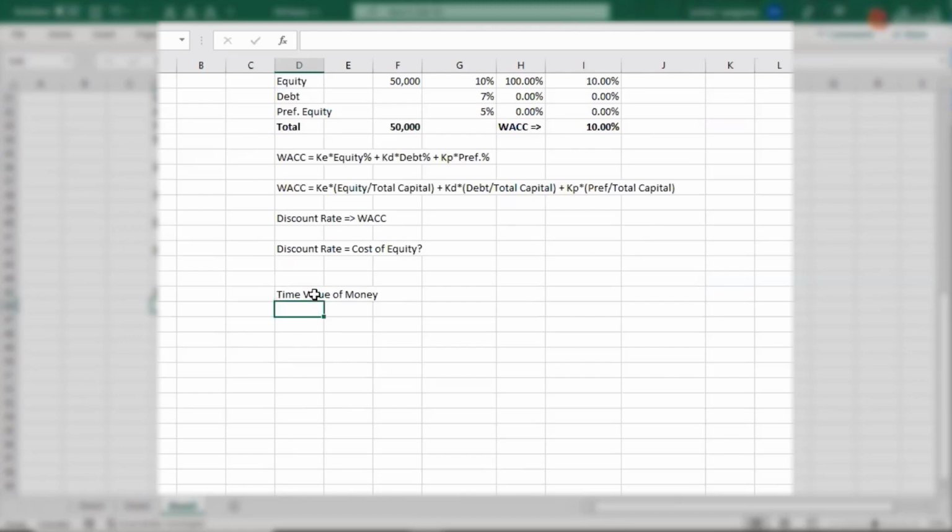Time value of money. Whatever I can buy today, let's say at $10, 3 years down the line, there is no guarantee that I could buy the same product and the same quantity for the same $10. Inflation comes into picture. Maybe the demand and supply could be a concern as well. That could also spike up the cost. So it's always uncertain. So whatever amount you have in hand right now is worth much more